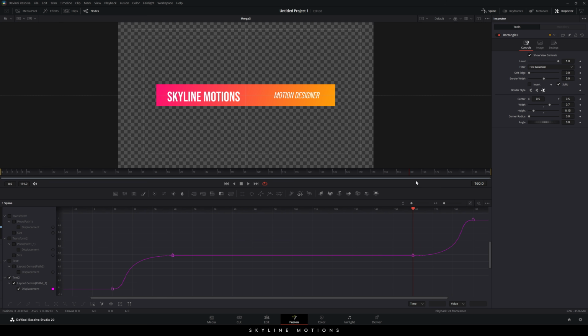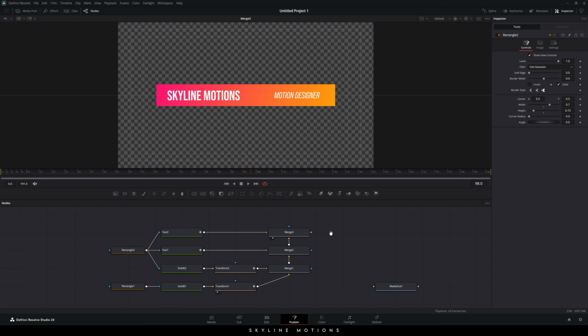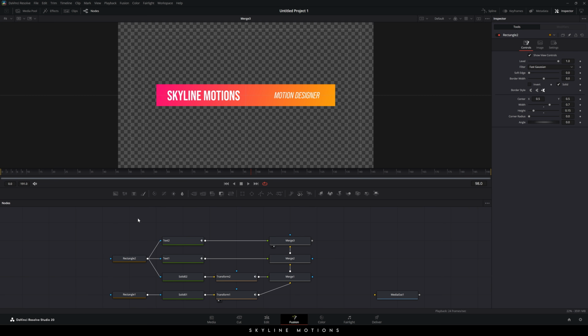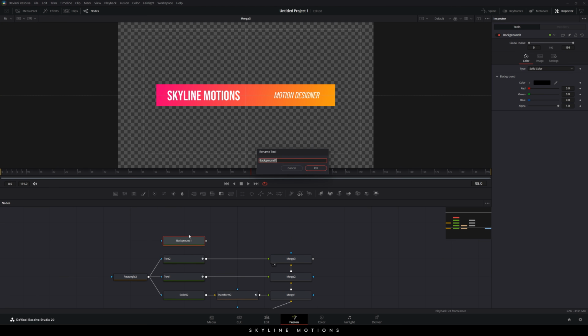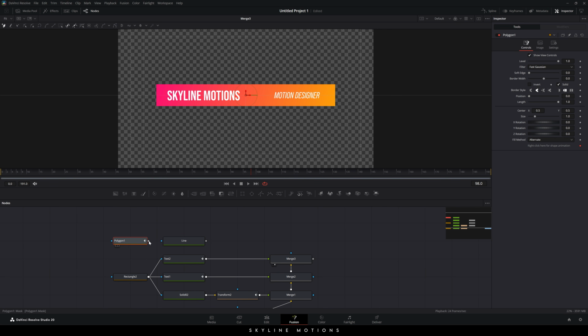All right, now you can close the spline window. And finally, let's create the stroke animation. So what we have to do, let's take a new background node, which is the solid. I'm going to call it line, hit enter. Let's take a polygon node. So this is the polygon, drag and drop on the flow window, connect the polygon with the line, select the